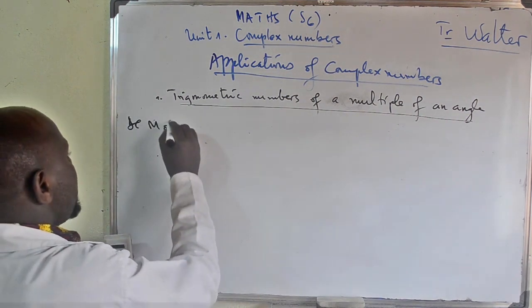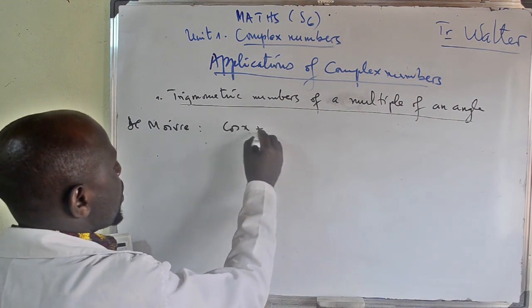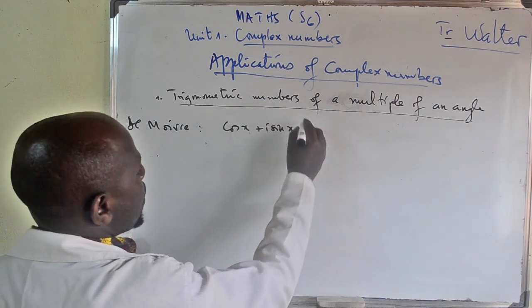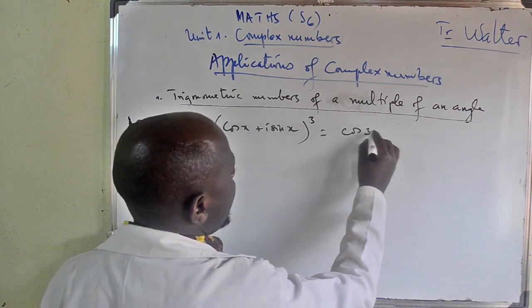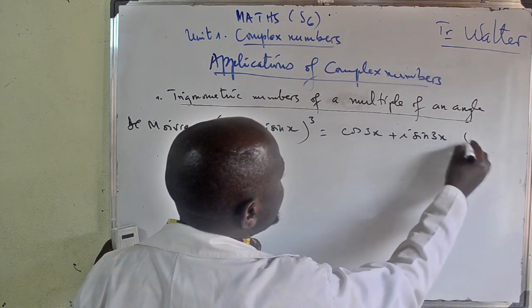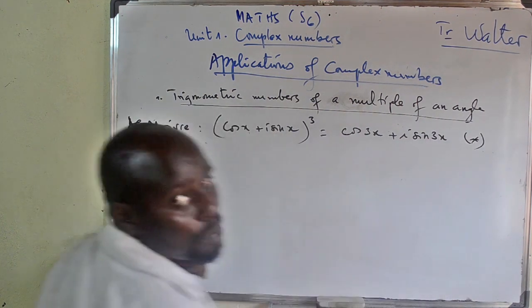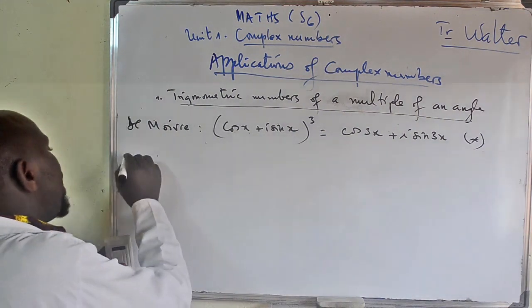From De Moivre we have seen that cos x plus i sine x power 3 is cos 3x plus i sine 3x, and I have called this star. Now, if I use the binomial